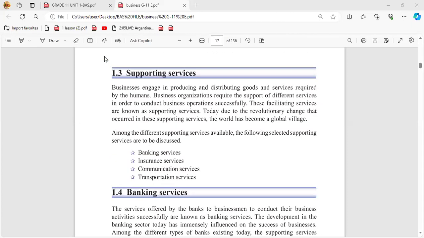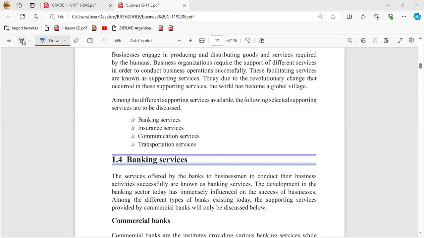Supporting services means the services which actually support the businesses. Am I clear? There are businesses which produce goods and services and they are doing an economic activity. But the infrastructure facilities and the services related to the business, services which are going to help the business, they can't invest into those. Therefore, on one side, the business must have the infrastructure facilities. On the other side, it must need the supporting services.